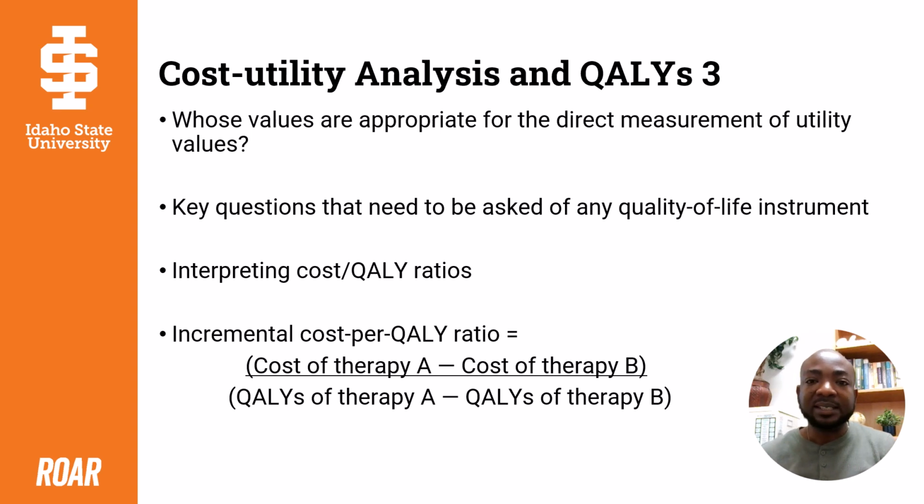There is some debate in the published literature regarding whose values should be used to estimate utility values. And there are three different groups from whom we could directly elicit utility values: patients, the general public or community representatives, and clinical experts or healthcare professionals. Again, there are advantages and disadvantages to asking the different groups. Patients,